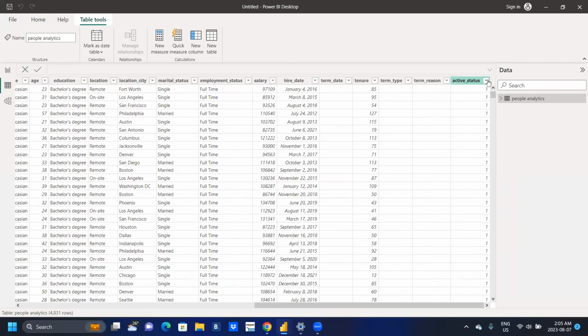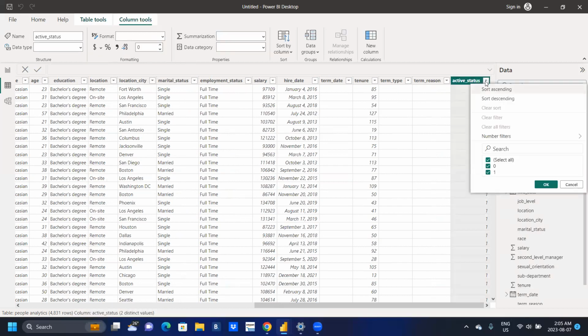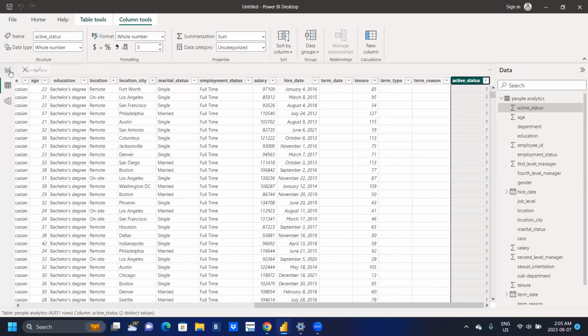The active status could be either 1 or 0. It is 1 for those that are active employees, and it is 0 for those that have been terminated. However, let's go back to the report view